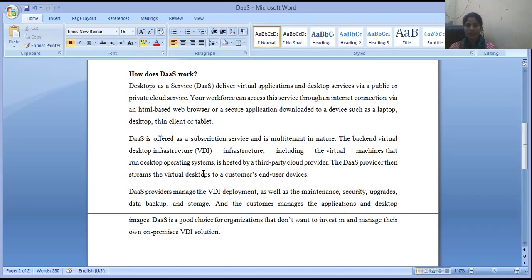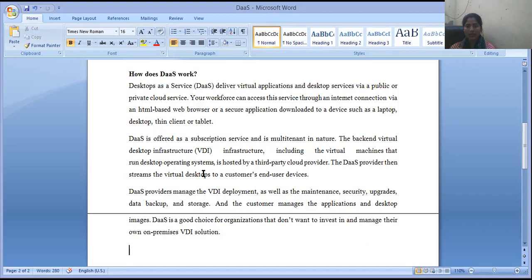The DaaS providers then stream the virtual desktops to customers' and users' devices. They stream all of these things, and thus the provider manages the VDI. VDI is virtual desktop infrastructure.